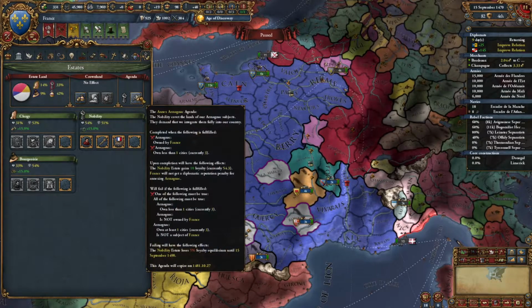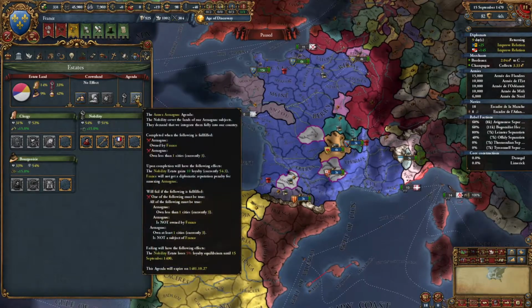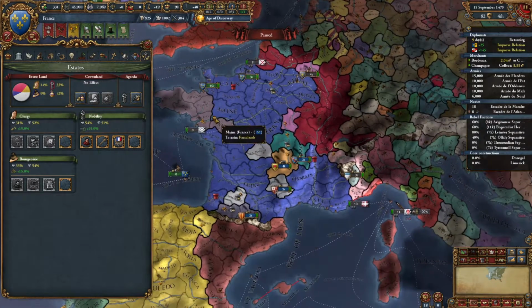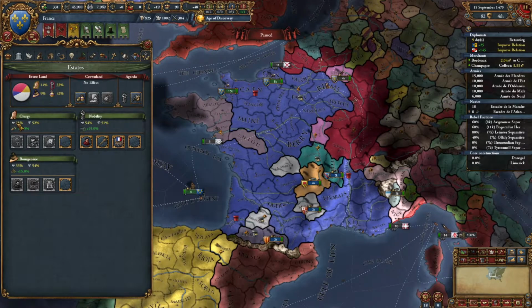Wait, what did these guys want us to do? Oh, they want us to integrate Armagnac. We are going to do that eventually, but we have plenty of time to do that. So you can only seize land while at peace, so that's good. So we wanted to do that to continue to boost up the crown land, and we'll eventually get some benefits for that. And remember, the equilibriums for these different